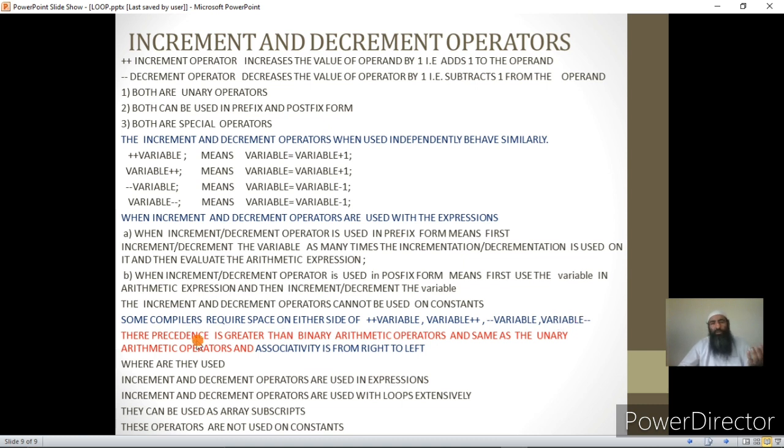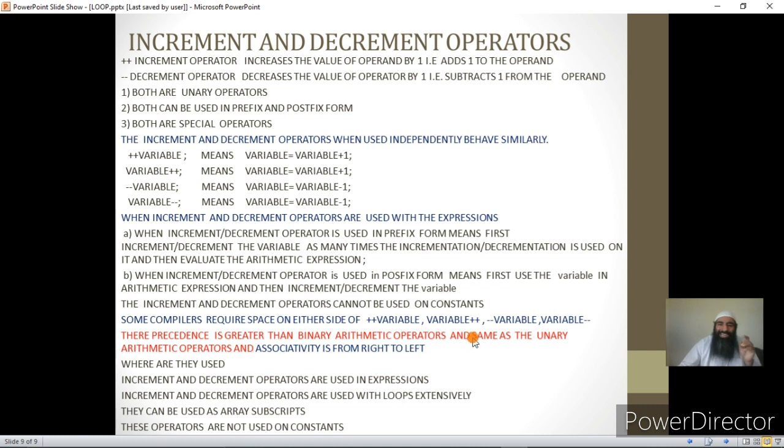Now, the precedence of the increment and decrement operators is greater than binary arithmetic operators, as I have told. So the incrementation and decrementation will be done before the binary addition, subtraction, multiplication or division. Binary means it is a binary operator, that is, it uses two operands.